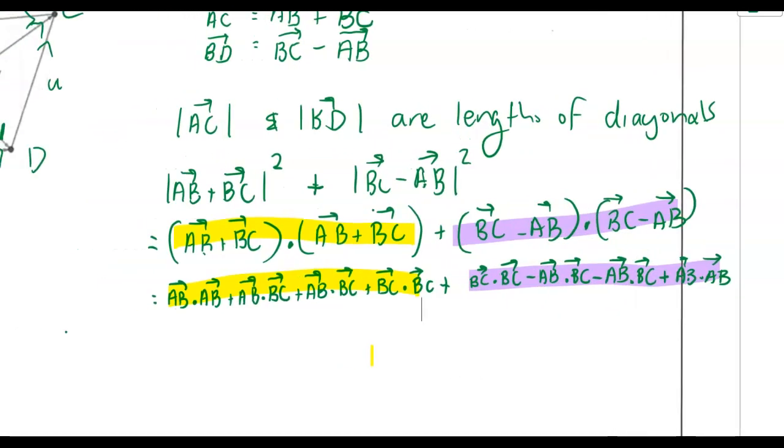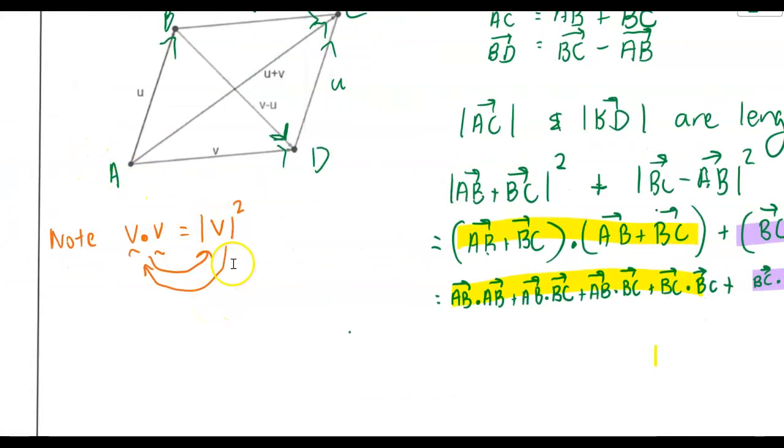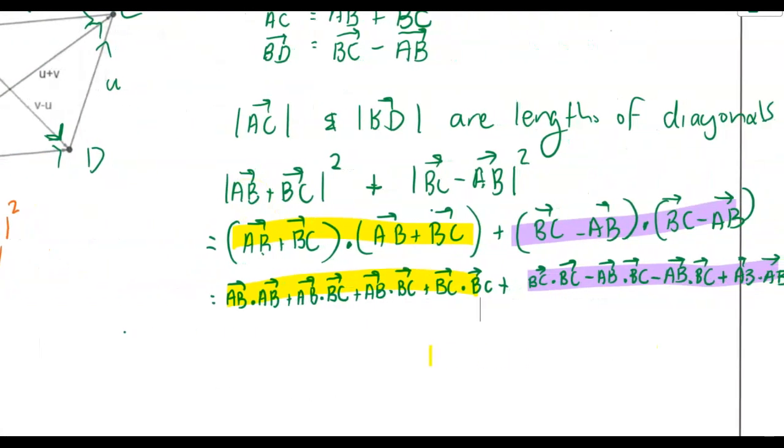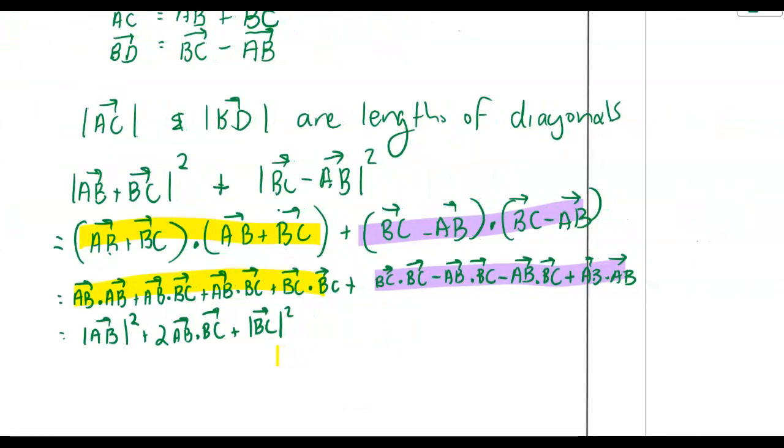And what we're also going to note is when we have the dot product of two things that are the same, remember our note over here? I'm going to write that as the magnitude of that squared. So we'll have the magnitude of AB squared plus two lots of AB dotted with BC plus the magnitude of BC squared. That's the yellow stuff done. Plus, let's do the purple ones, the magnitude of BC squared minus two lots of AB dotted with BC plus the magnitude of